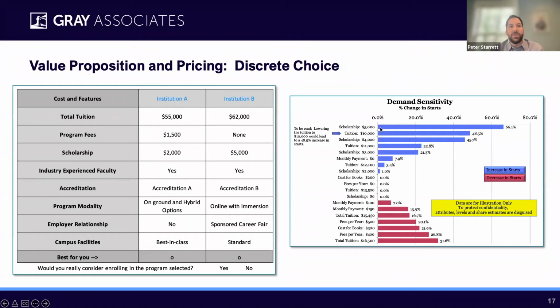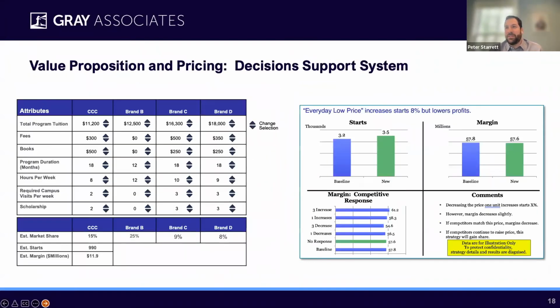And so this allows you to take that information from the survey and build this model out to see what the sensitivity is to each individual attribute that we tested in all of the different levels that we tested for those attributes. So that in the end, we end up with, on the next screen, again, as we call it, a decision support system, where you can play around with all of these different attributes and levels, not just